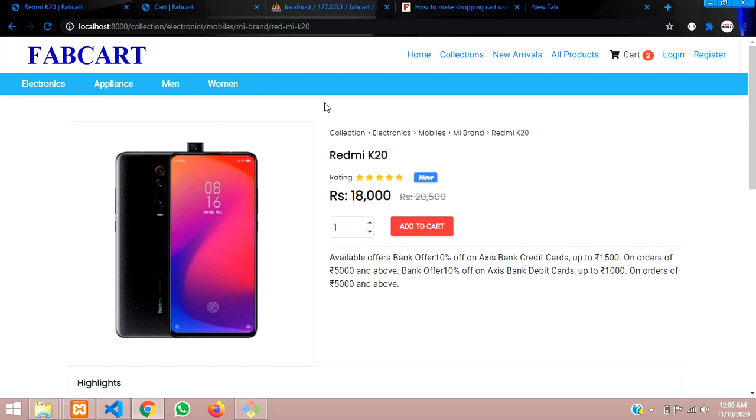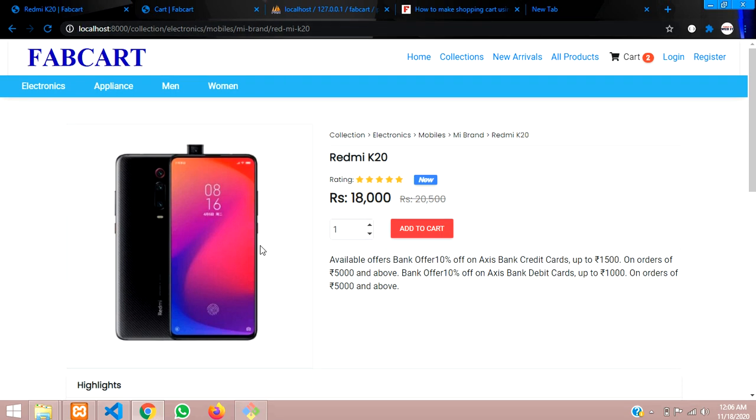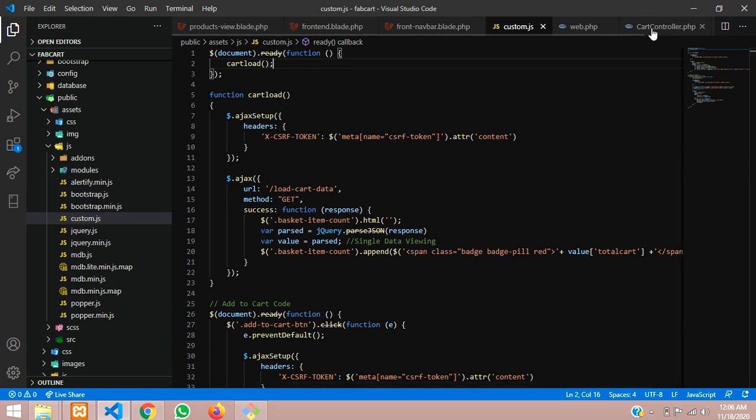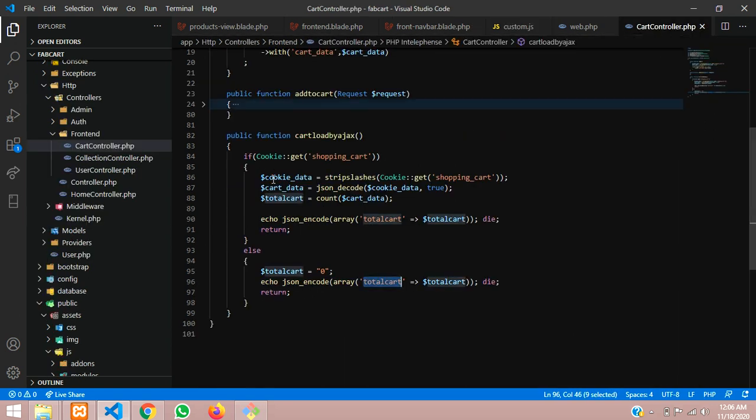So guys, this is how we are counting the cookie value. You can see the cart controller, where we are adding that, counting the cookie. If there is some value in this shopping cart cookie, at that time it will decode that.